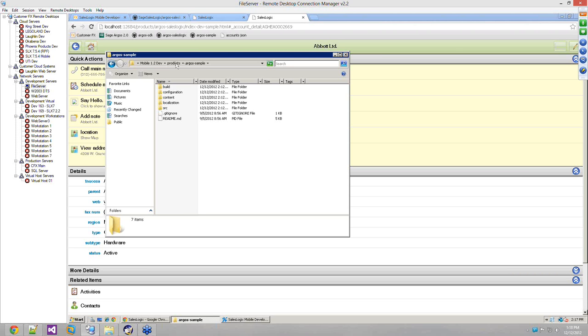But that's one thing that's important to notice, that these things in the products folder, we have the Argos SalesLogix, all these other products that I'll create. Products meaning is kind of like a set of customizations. Argos sample is a product for the Argos SDK, which sits on top of Argos SalesLogix in our case here. So a lot of the things like the configuration files will kind of refer back to the base system, and